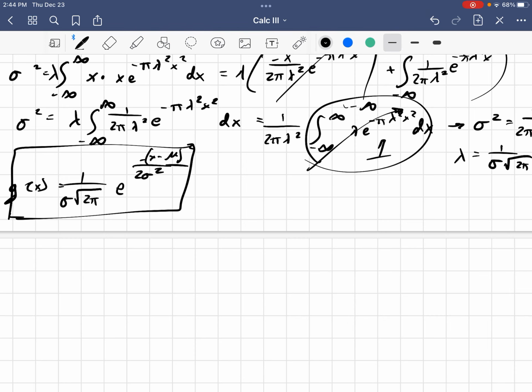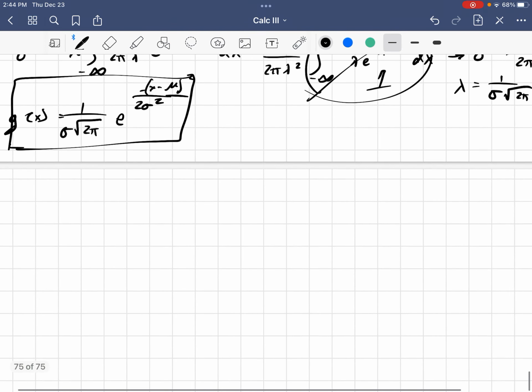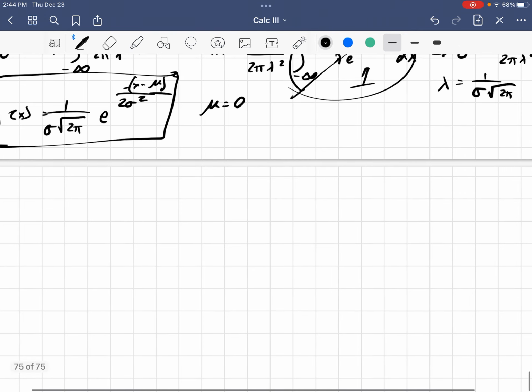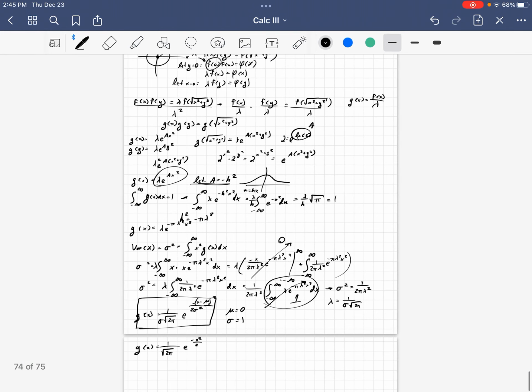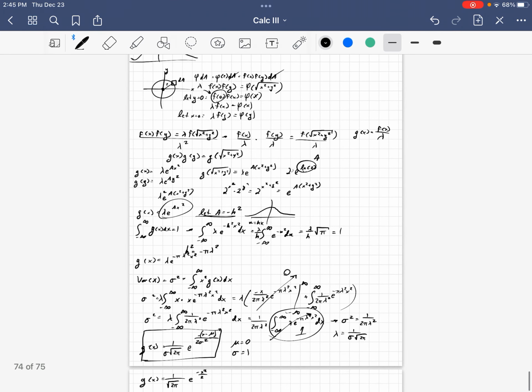And that is the equation for the Gaussian curve. It might look a little scary, but if we do the standard things like let the mean be 0 and let the standard deviation be 1, then it simplifies quite nicely. We have g of x is 1 over square root 2 pi e to the negative x squared over 2. And that's really not that bad. And so I believe with all that,